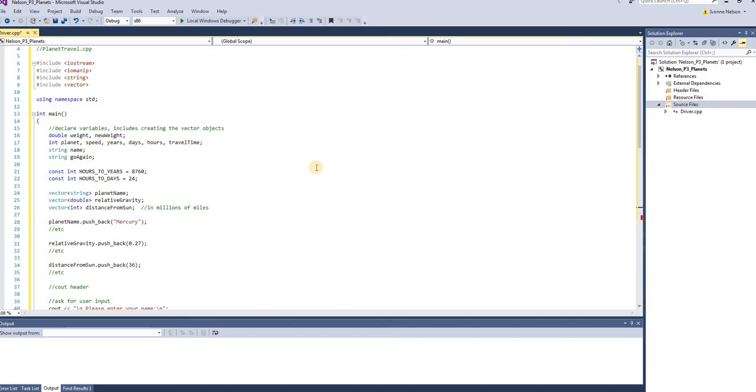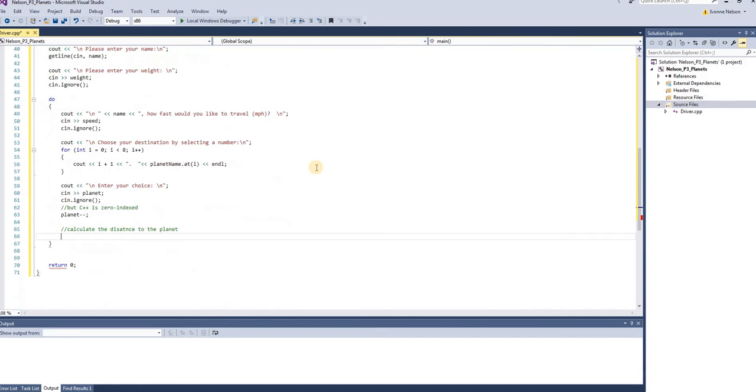We did not create a value for distance because it's not really an important variable. But all we need to do is create an intermediate one right here. Int distance is equal to, okay, the distance to the planet that we've chosen, which is distance from sun